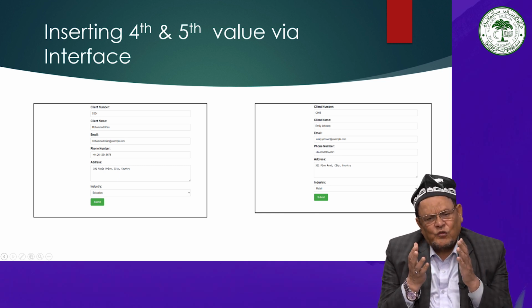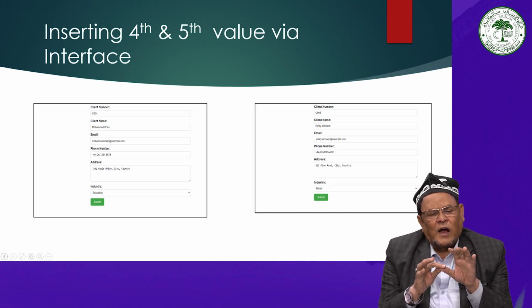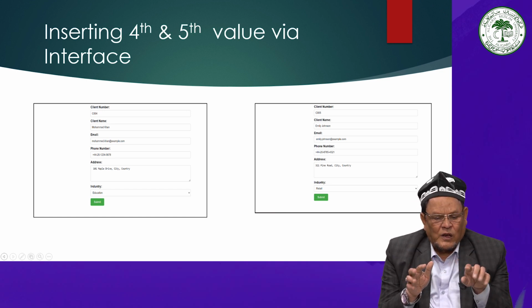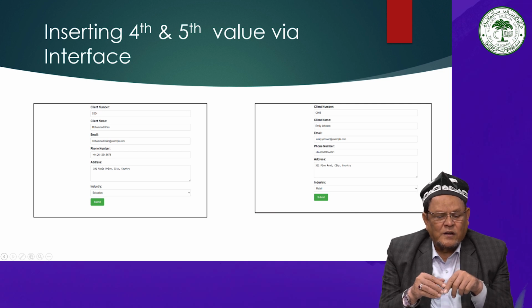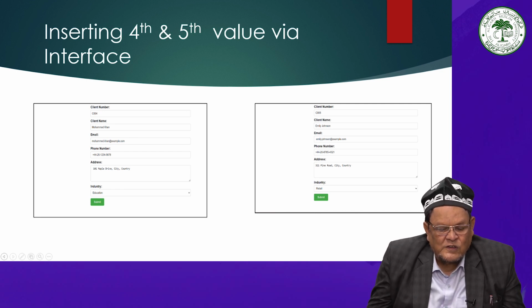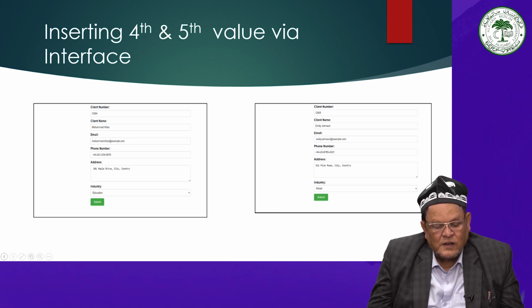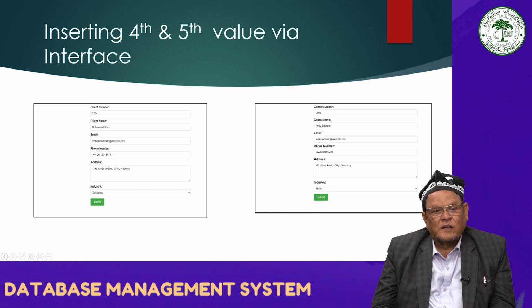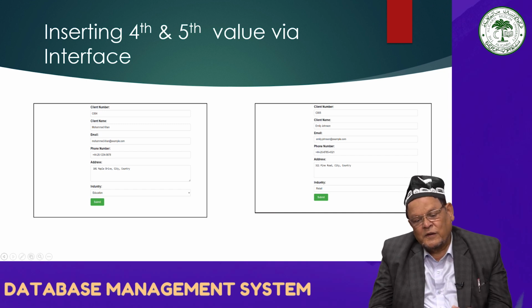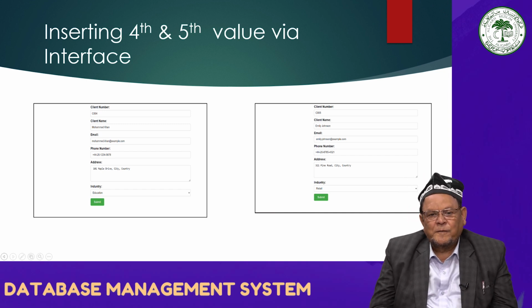I have added 2 forms because you have to add 5 records. So in the first, you have to add C004 Muhammad Khan @example.com, and then in the fifth we have added